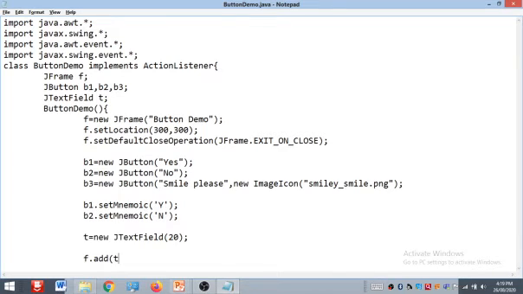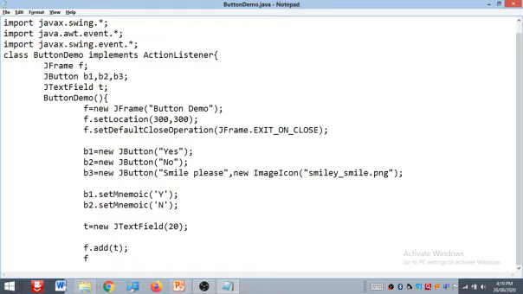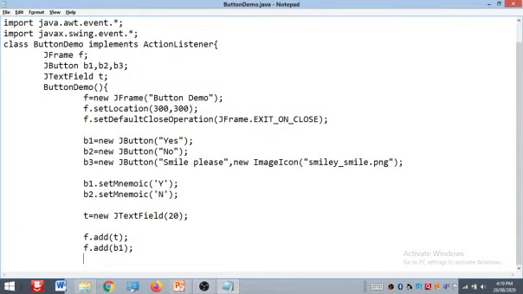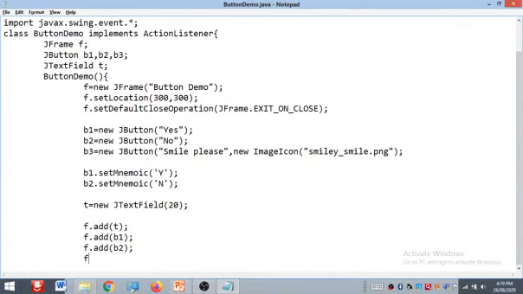Suppose I want to add the text field first, so I add t, that is the text field. Then I add b1, then b2, then b3, the last one, right?